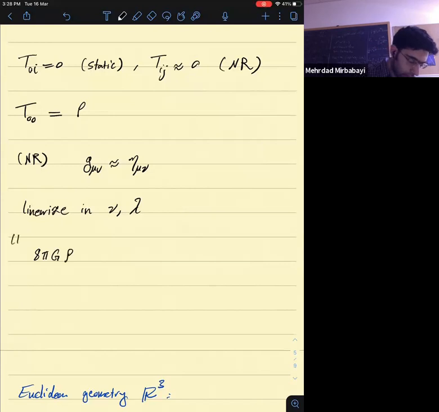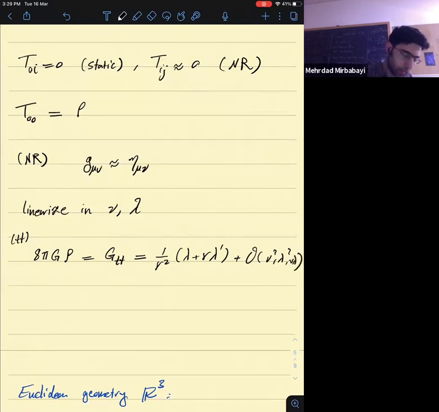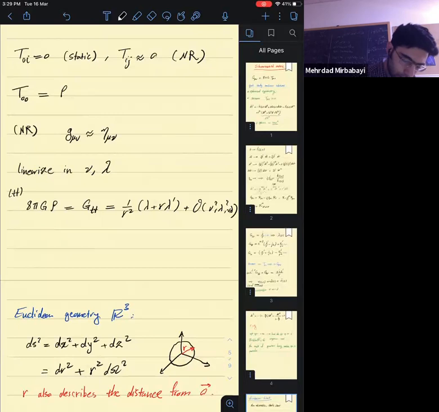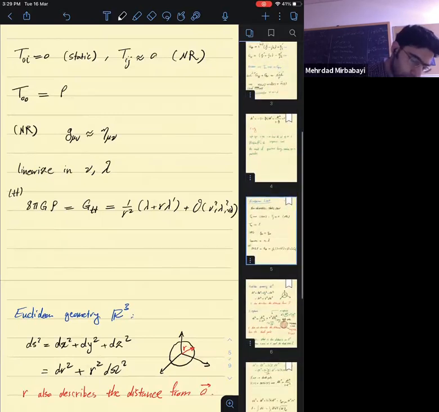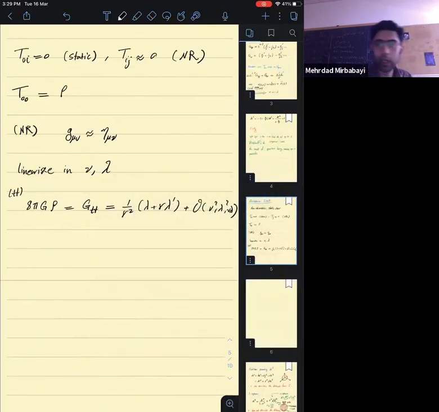If I write the TT component of the Einstein equations, 8 pi G rho equals G_TT, then if I linearize that with respect to nu and lambda, I get 1 over r squared times lambda plus r lambda prime, plus order nu squared, lambda squared and nu lambda. And then we need another equation. So now is the time that one actually needs to calculate the theta and phi component of the equation,